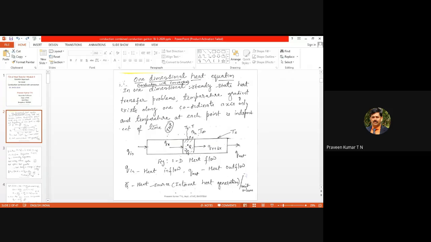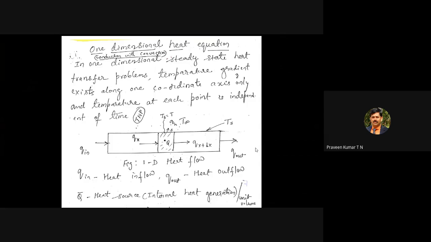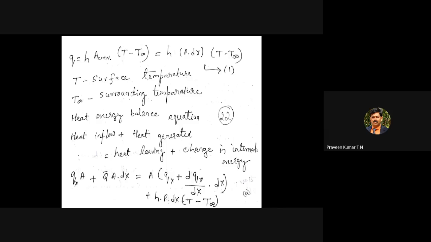You started with this diagram yesterday. We have conduction, and the terms are given by Q, and convection is given by Qh. On the surface there is convection, but at the tip you are assuming that there is no convection. So you are assuming that Q out is 0. At a later stage also, you are assuming that Q out is 0. Then we derived a governing differential equation.